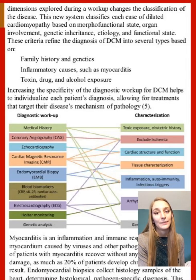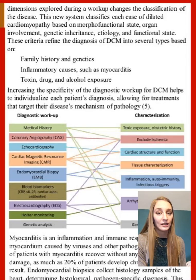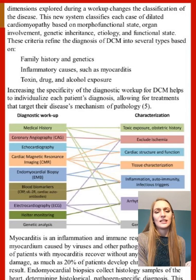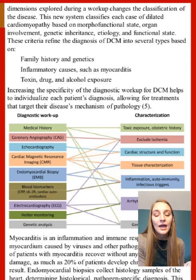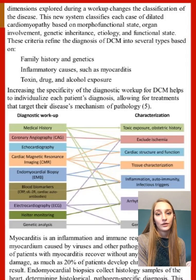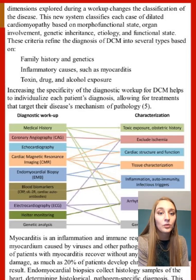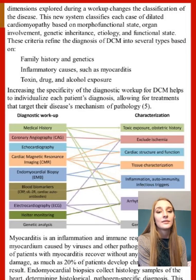There are several different types based on this, and this uses family history and genetics, inflammatory causes such as myocarditis, which is essentially inflammation of the heart from pathological causes. And then it can also be caused by toxin, drug, and alcohol exposure. Certain drugs can cause inflammation of the heart, and extended alcohol exposure as well. And increasing the specificity of a diagnostic workup helps to individualize each person's diagnosis, which allows treatments to be targeted